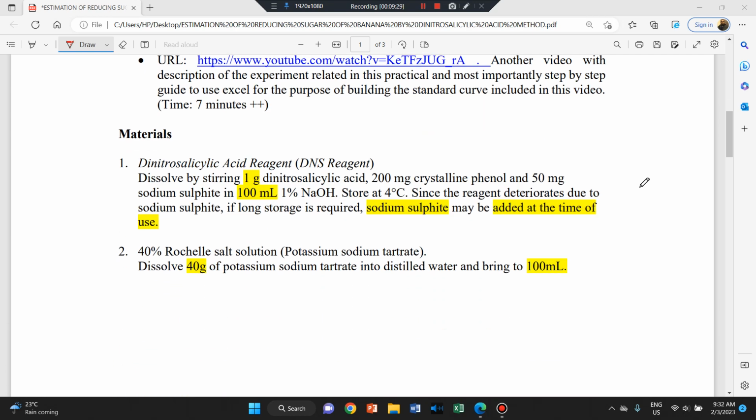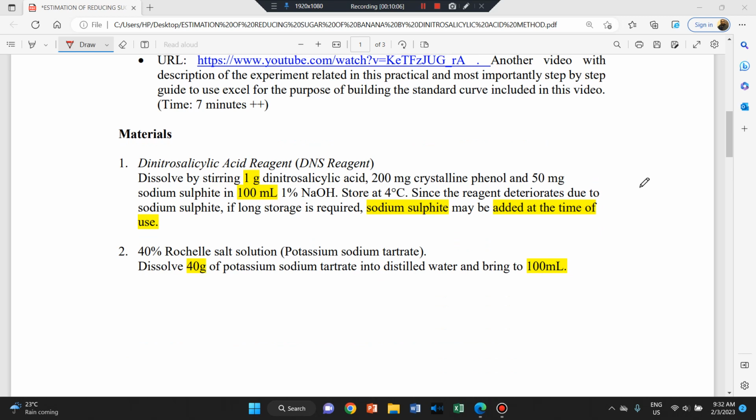Okay. Right. Before we go into the experiment procedure itself for this practical, it's best we do some preparations of materials. You have the DNS reagent that needs to be prepared, and this one could be done by the technical officer in the laboratory, or you are also required to have the direct exposure on how to prepare all these materials. We will decide that when we go into the laboratory. But basically,